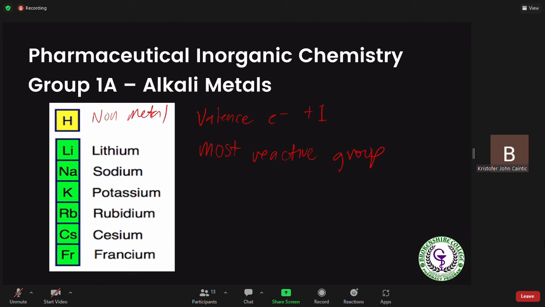So their alkalinity increases with increased atomic number. And take note that the element francium is the